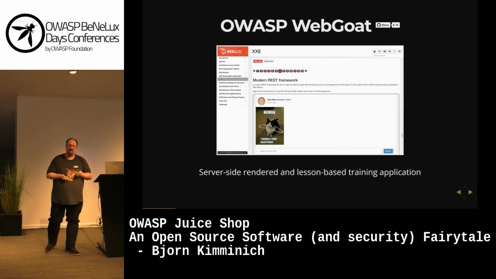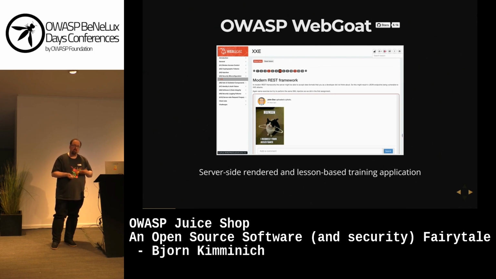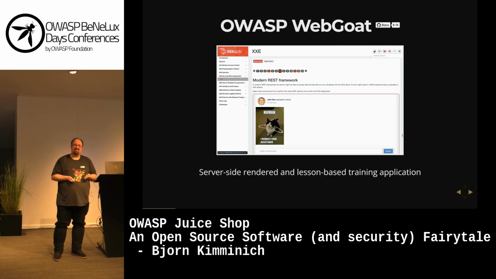I also took a look at a different category of tools. One example was WebGoat, which is more like a lesson-based approach to teaching security vulnerabilities, right? So you basically do different labs or different lessons on certain topics. They get harder over time. But this was not what I was envisioning for my training, because I wanted to have a more realistic application where the developers could actually relate to and say, okay, this could be one of our own applications actually, right? It just has much more problems, hopefully more problems than